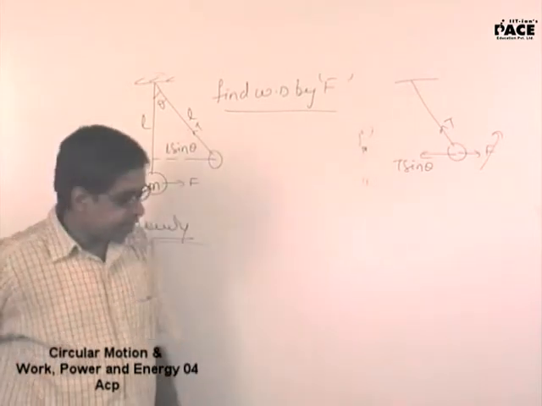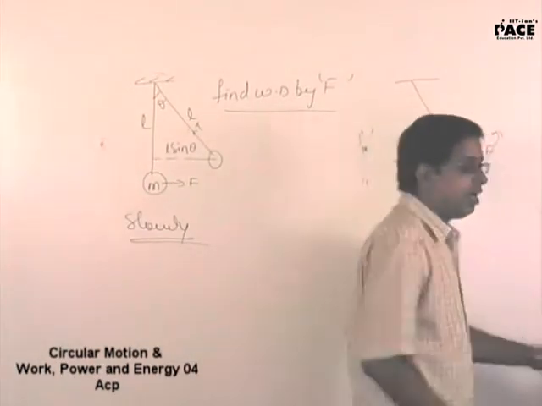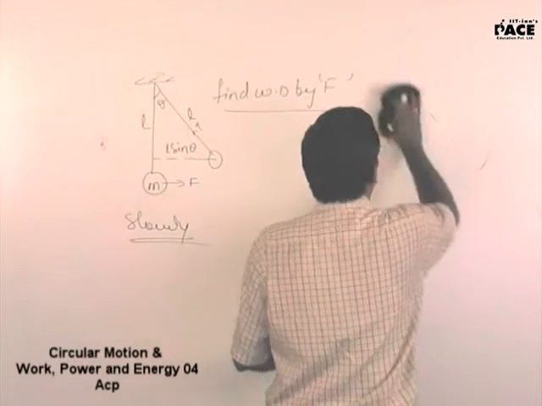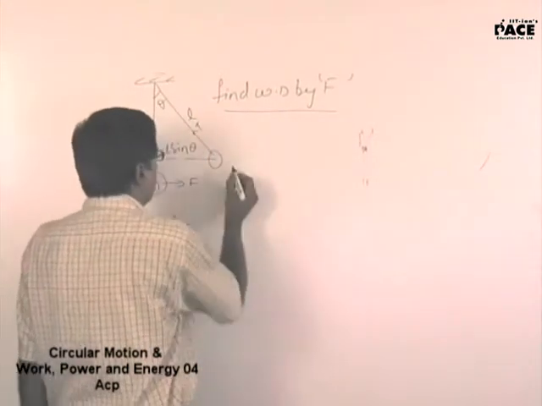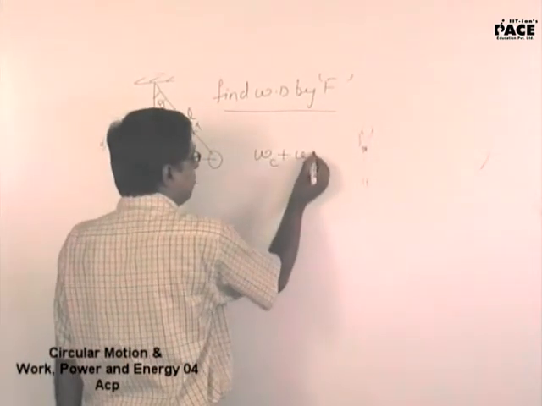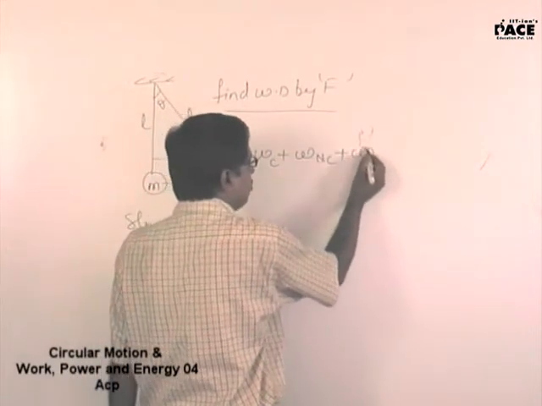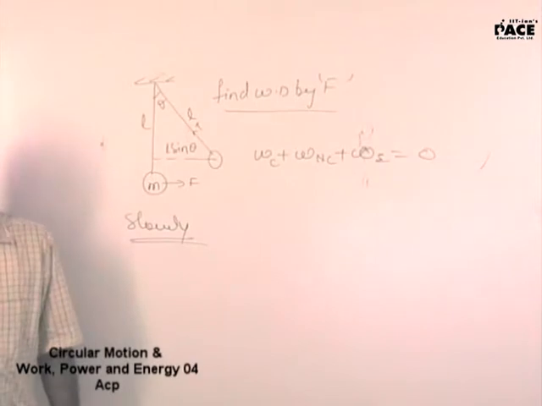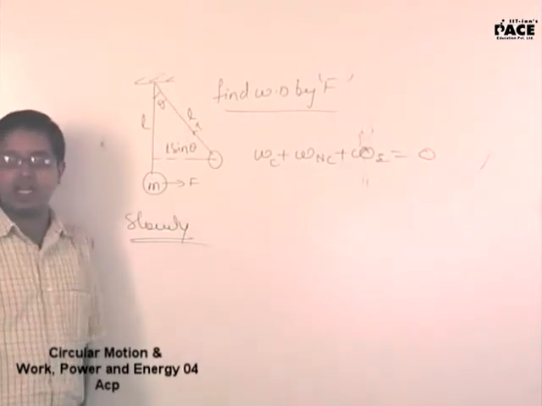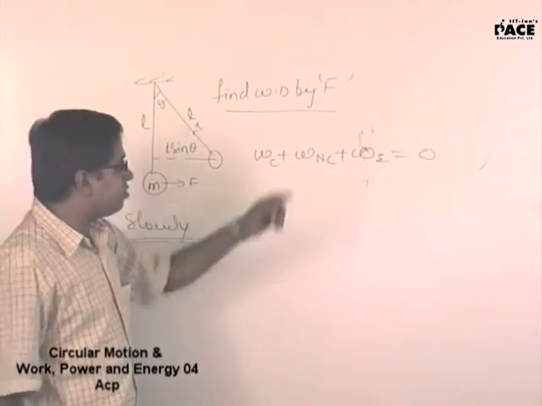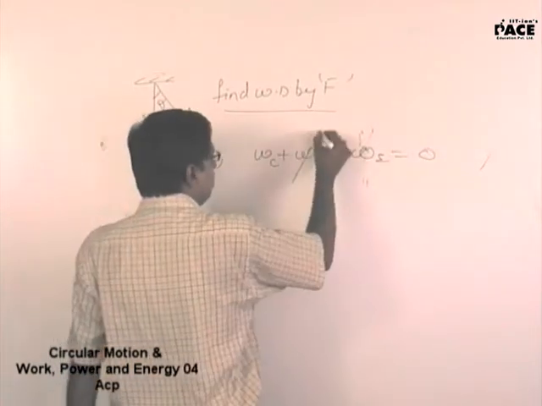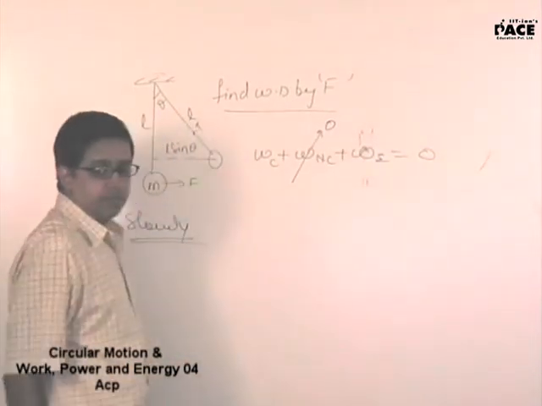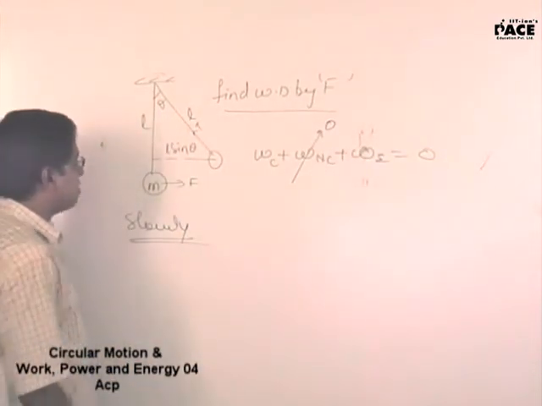Then what is the only other alternative I have got? The alternative is: work done by conservative forces plus work done by non-conservative forces plus work done by the external force is the change in kinetic energy. You told me that it is moving with uniform kinetic energy, so let that be zero. Now, non-conservative forces don't exist here, but conservative force does exist.